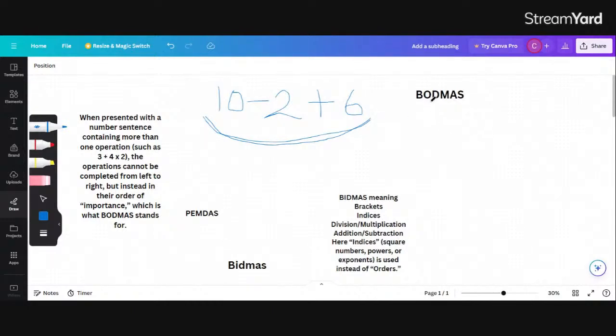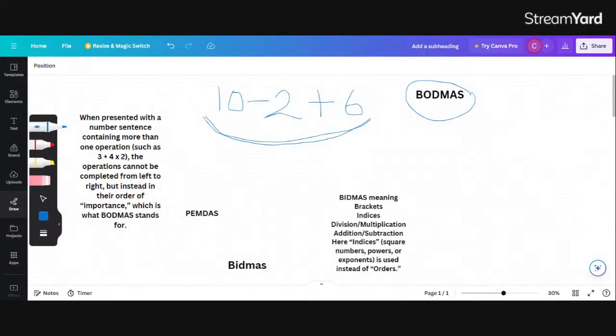Because the first rule says that addition comes first before subtraction. But there is a second part of the rule we have to consider. If you go for the first rule here that says addition comes first before subtraction, you will make that mistake, because you will be like, okay, since addition comes before the subtraction, let me go for 2 plus 6. No, that will be wrong, because we have the second part of the rule that says that addition and subtraction